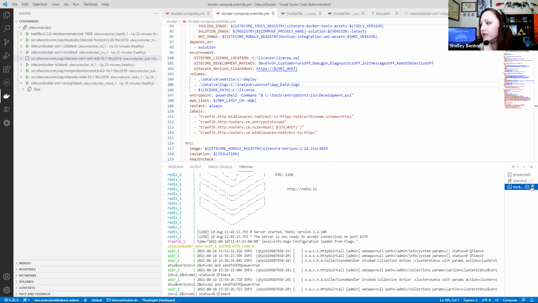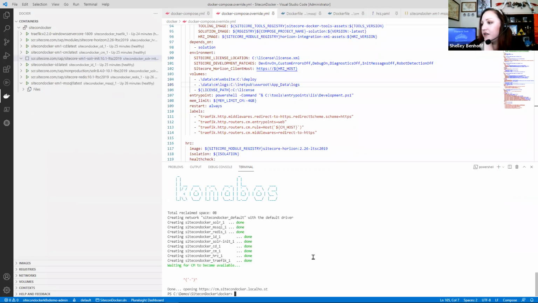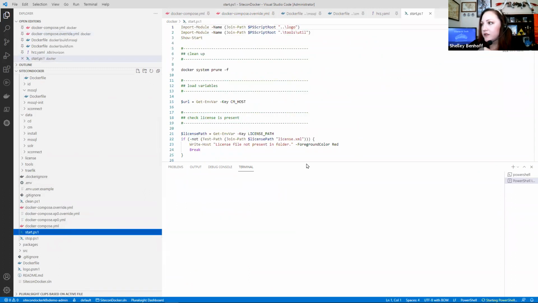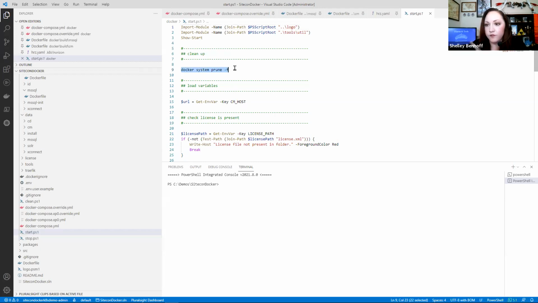So what I did, I have a script here to start. It automatically runs prune first. So a prune will remove containers and orphaned images that aren't used. Yeah, and this is important because sometimes,